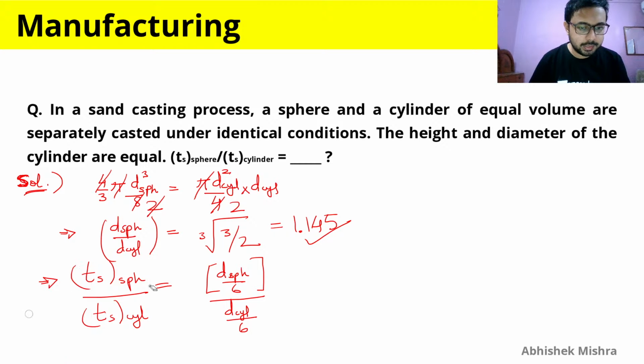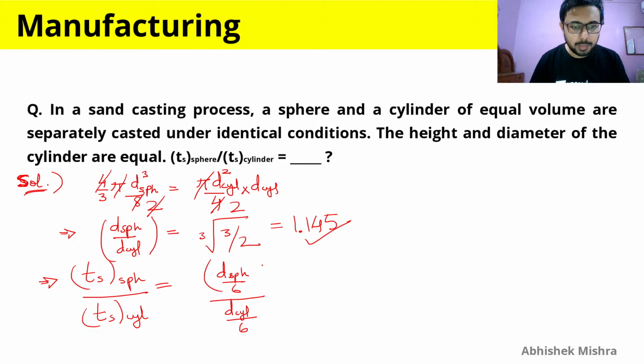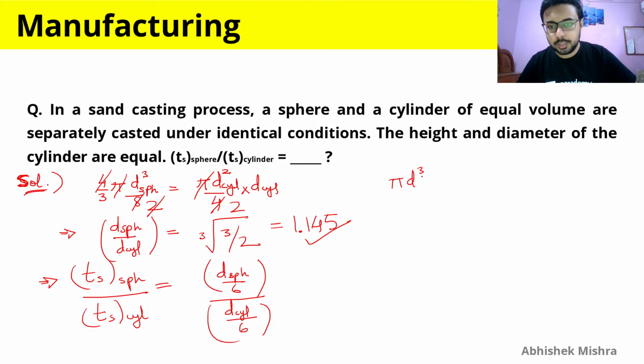And also you will be getting this if you are going to do V by A of a cylinder which is having its height and diameter equal. So let me just show you. So height and diameter of the cylinder are equal, so volume will be pi d cube by 4, and the total surface area will be 2 into pi d square by 4 plus pi dh, that is pi d square. So here we can get the answer as